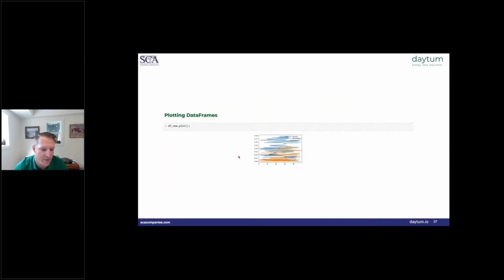Another great feature about Pandas is its built-in plotting features. A lot of data science is actually data visualization, just coming up with clever ways to visualize high-dimensional data sets. And we can quickly do that in Pandas with the built-in plot command. So if we have a data frame and we just call plot on it, it'll automatically do its best job to create a plot. Now in this case, it automatically plots the data versus the integer index, which is just a monotonically increasing set of integers. So it creates this very unmeaningful plot. However, what we can do is set the index to one of the values.